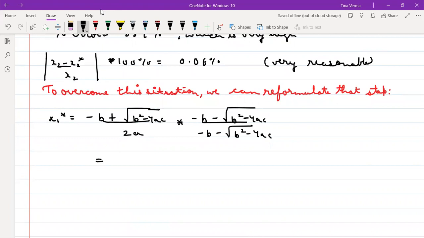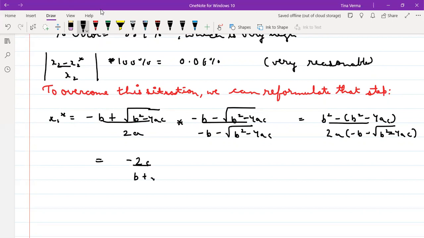So when you solve this, you will get minus 2c, because this is a minus b into a plus b, so this will be b square minus 4ac upon the same term 2a into minus b minus root of b square minus 4ac, right? When you solve this, you get minus 2c upon b plus root of b square minus 4ac. Now if you use 4-digit rounding in this case,